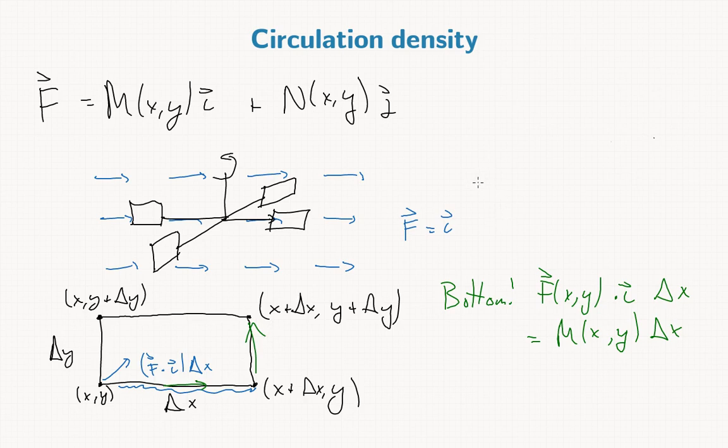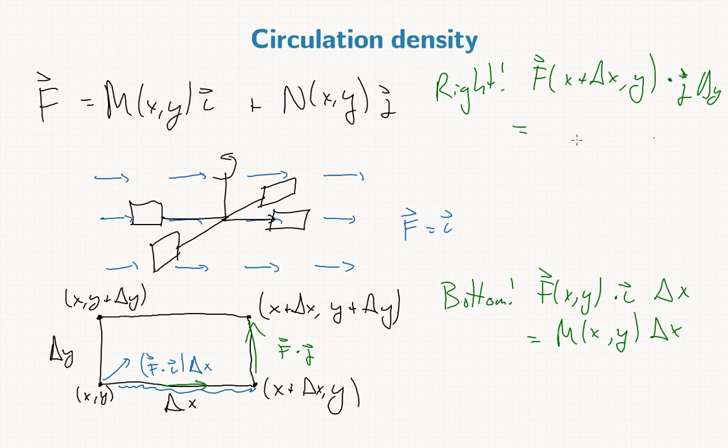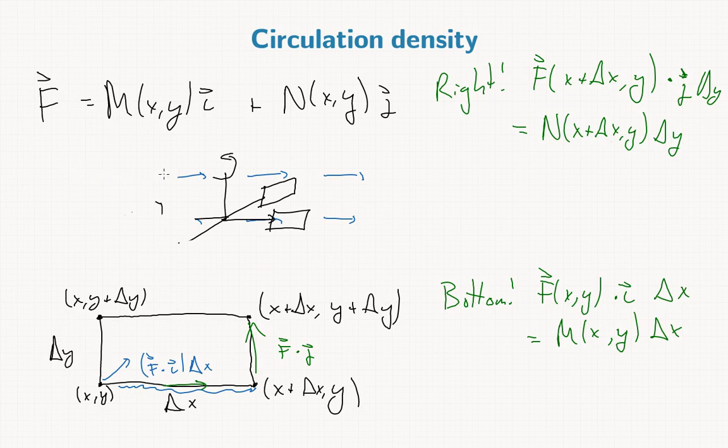Then on the right, we take F of (x plus delta x, y), and we dot that with j to get the vertical component, and then multiply that by delta y. That is N of (x plus delta x, y) times delta y. Now on the top,